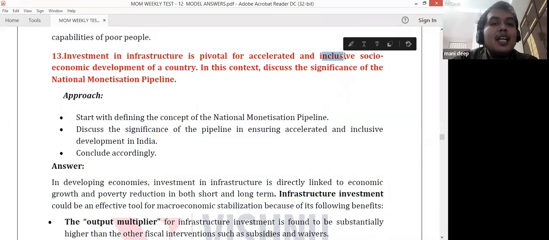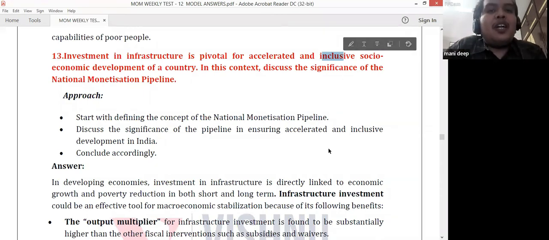For example, there is one study taken up by the IMF which states that if your government has 1 rupee and invests it in the revenue part of our current investments, then the returns you get will be around 0.6 rupees. For every 1 rupee, you are getting only half of what you invested. But in the same way, if you are investing in infrastructural projects, then for every 1 rupee, you are getting around 12 rupees. So you can write this as an example for accelerated economic development.